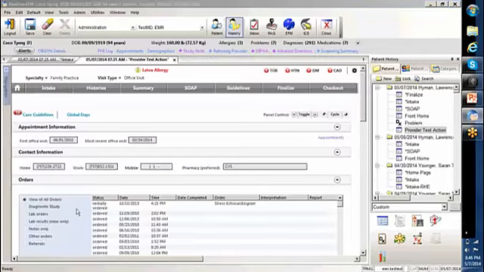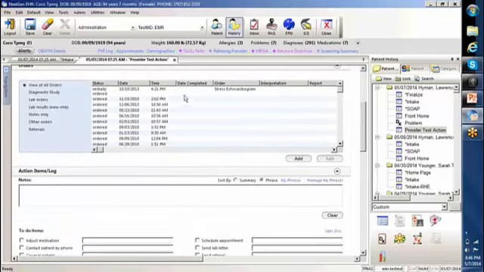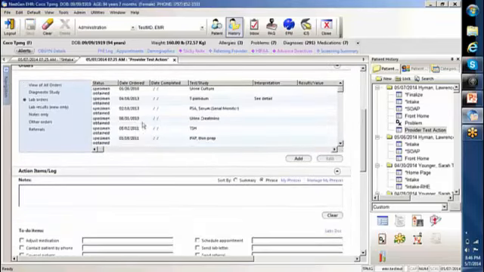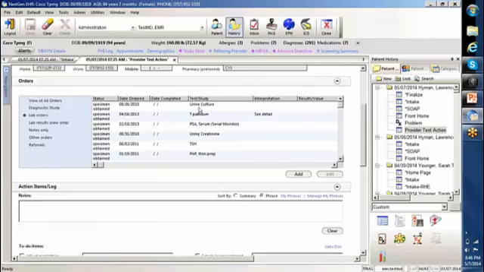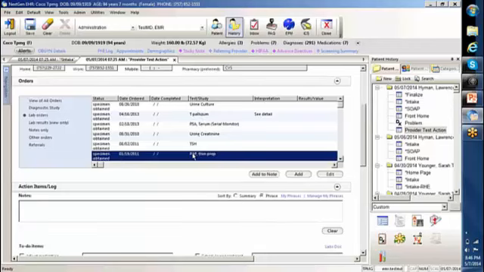All right, so here's a perfect example of a patient that actually has lab orders in here. Let's just say that the order this patient had was a chlamydia screening. That chlamydia screening came back, you accepted it, it then opened up the order management screen, and what we could do is find the order for the chlamydia screen. Once we double click that order,